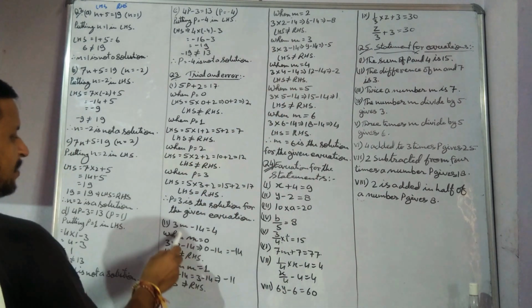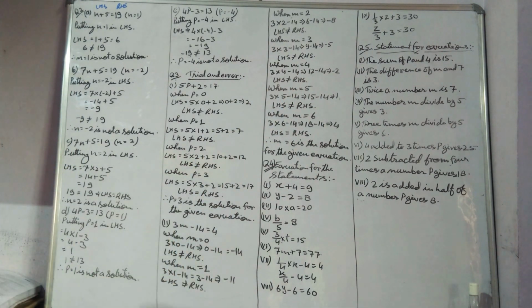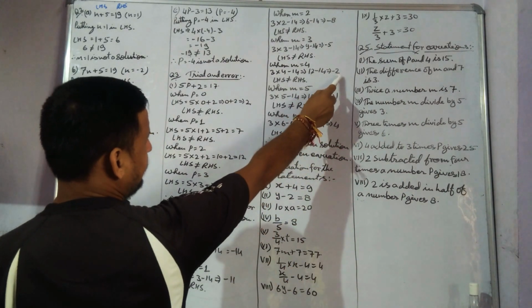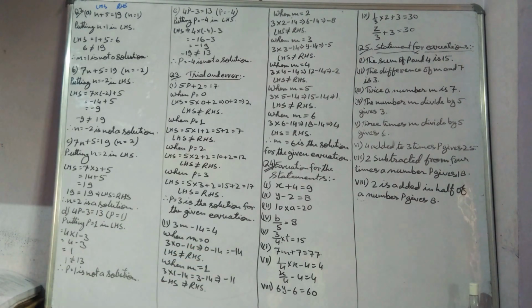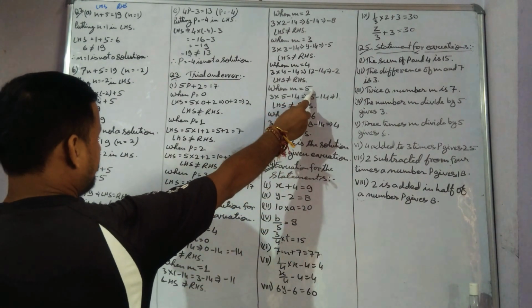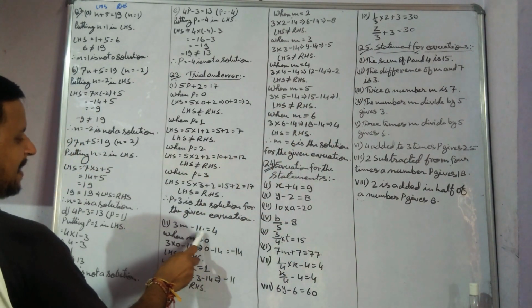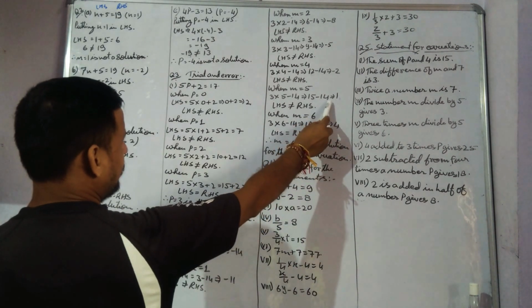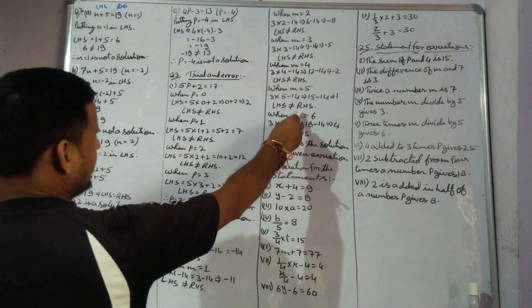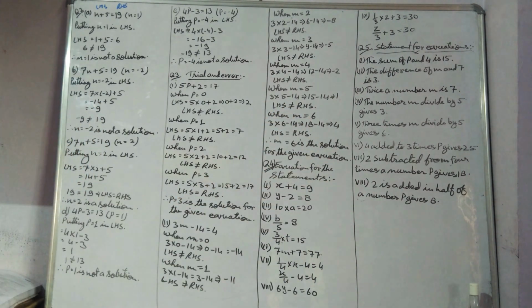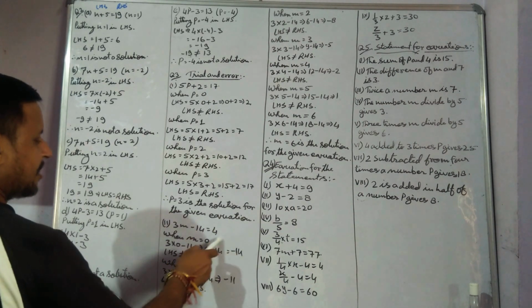Now we will take the next value, m equals to 4, so that is here 3 into 4 minus 14, which is equals to 12 minus 14, that is giving us here minus 2, and minus 2 is not equals to 4, so LHS is not equals to RHS also here. Now next one is when m equals to 5, so that time it is 3 into 5 minus 14, it means 15 minus 14, so that is giving us here 1, so LHS is not equals to the RHS here. Now we will take the values up to that time whenever we are not getting the RHS.